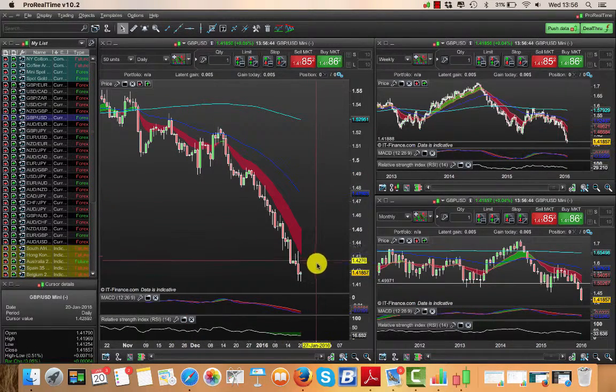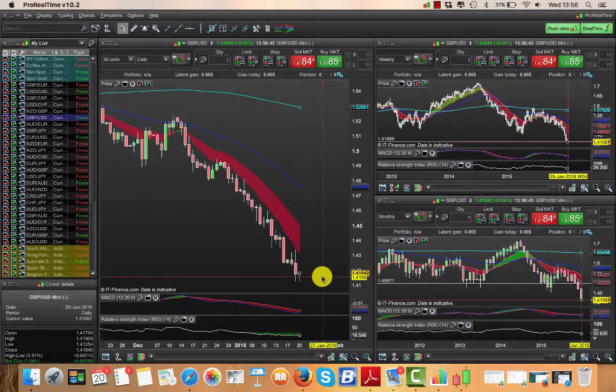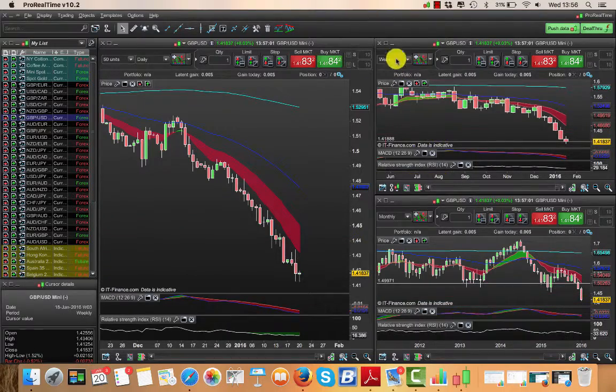So the news announcements that came out today, what we've just gone on to the economic calendar, we can see that price did go down, but it's pushed its way back up. So the bulls have actually tried to push its way back up. But overall, the market for the British pound is in quite a decline.